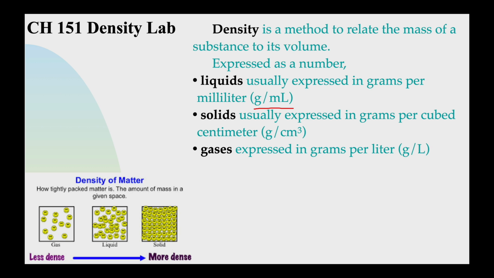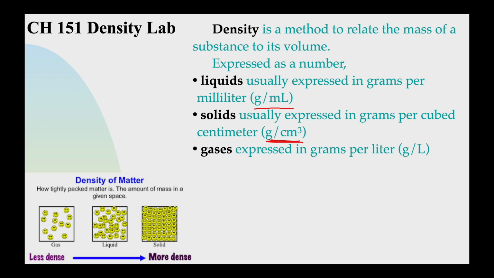Now, solids are usually in grams per cubic centimeter. You can see the units there, grams per cm cubed. A cubic centimeter is nothing more than literally a centimeter by a centimeter by a centimeter, so length, width, and height are all centimeters. That's where the centimeter cube comes from. Pretty chill. If we talk about the density of gases, which we won't do in this lab, gases are usually